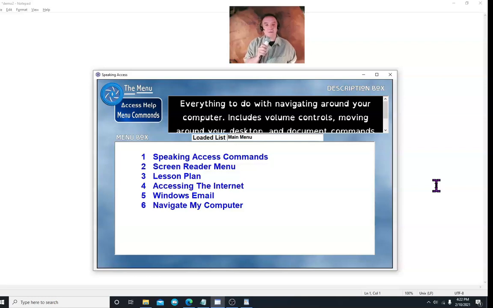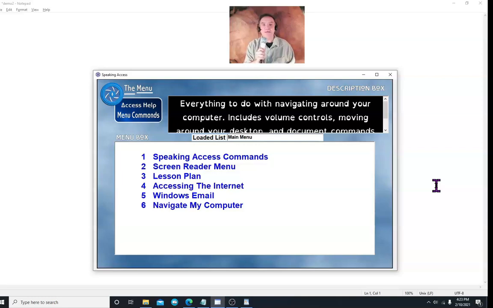So as you go through all the menu items, if you're curious about what it is, just say the description with a number, and it'll answer as best as it can to say what that is. So why don't we go over the menu commands so that it gives you a good idea of what your controls are. So no matter where you are in the menu, all you have to do is say